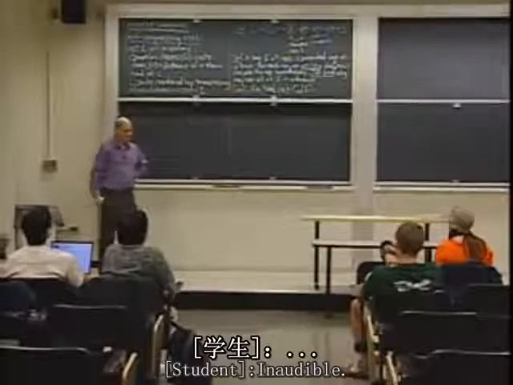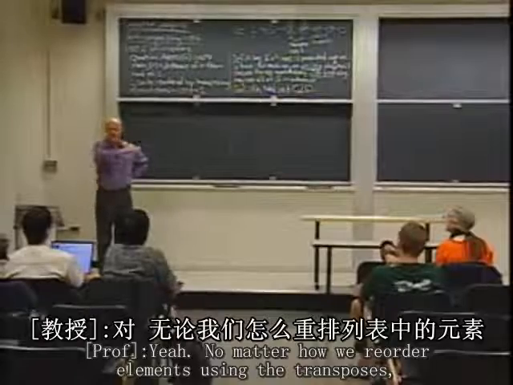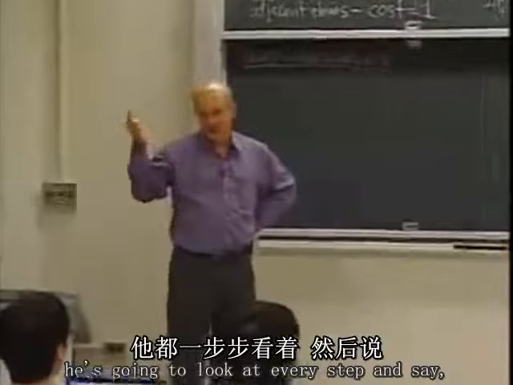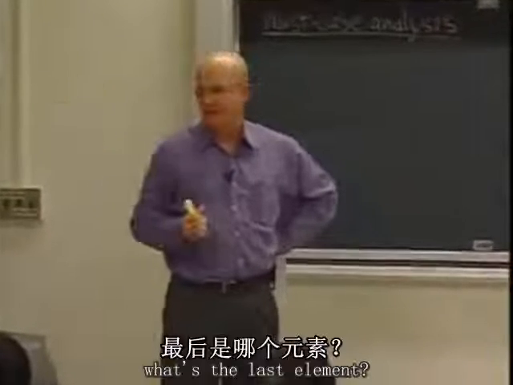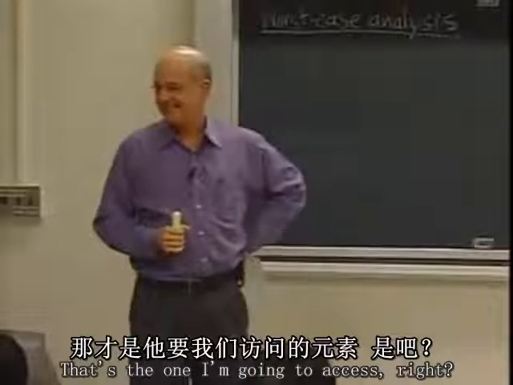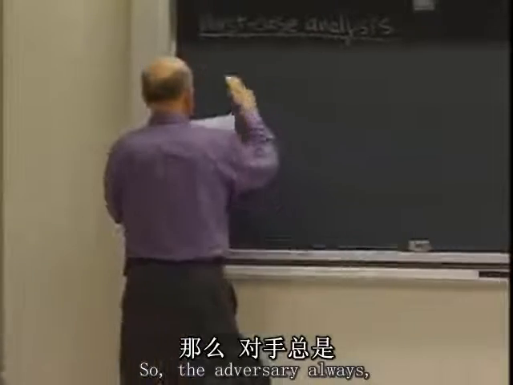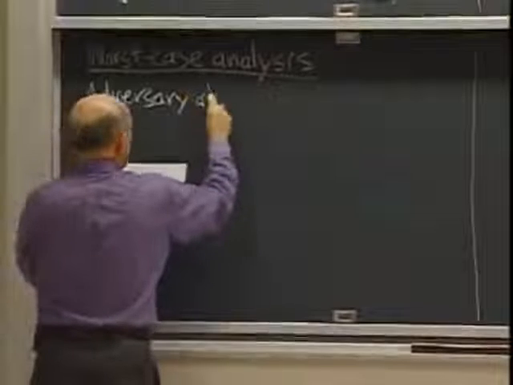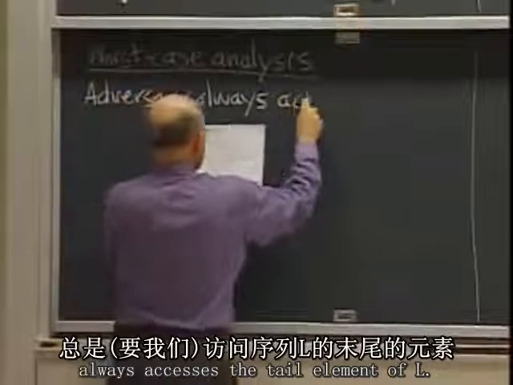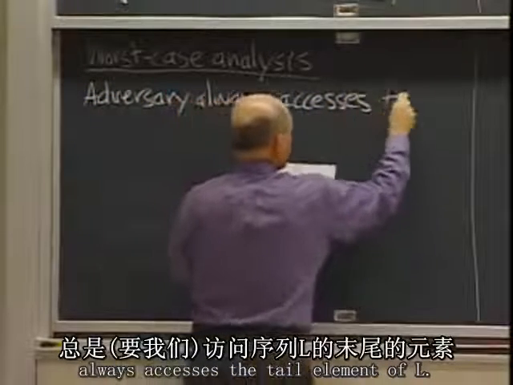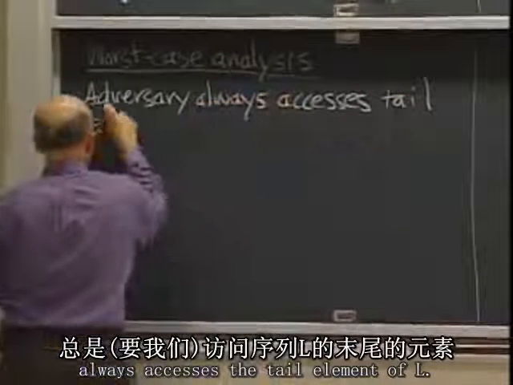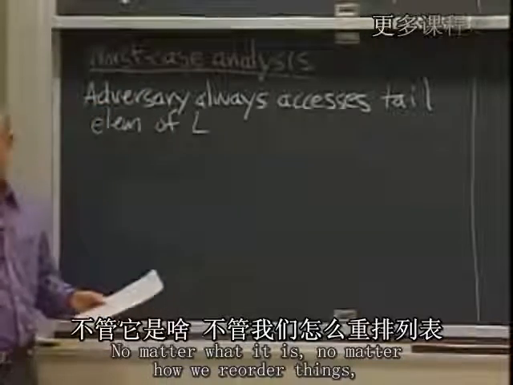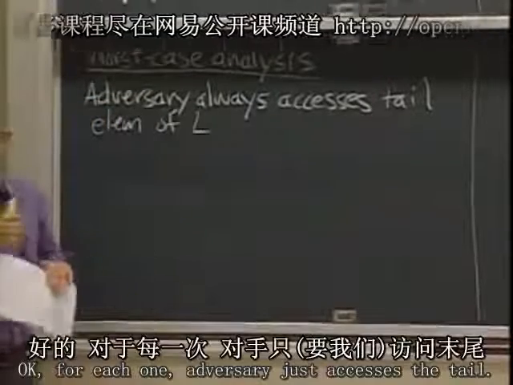No matter how we reorder elements using the transposes, he's going to look at every step and say, what's the last element? That's the one I'm going to access. Right? So the adversary always accesses the tail element of L, no matter what it is, no matter how we reorder things. Okay? For each one, adversary just